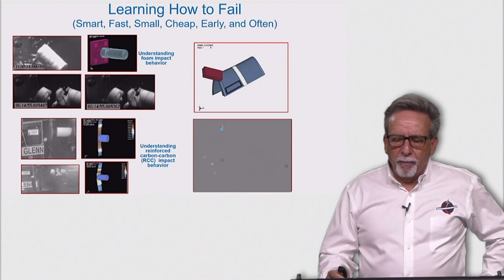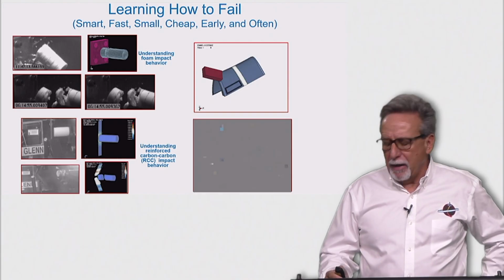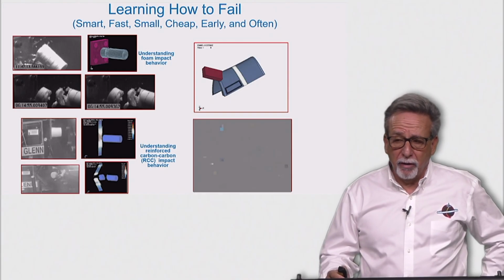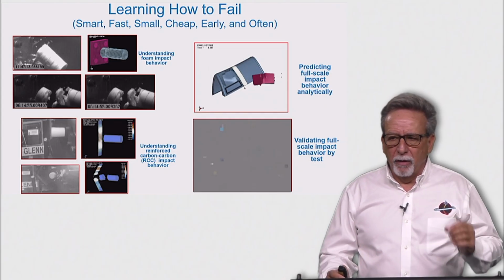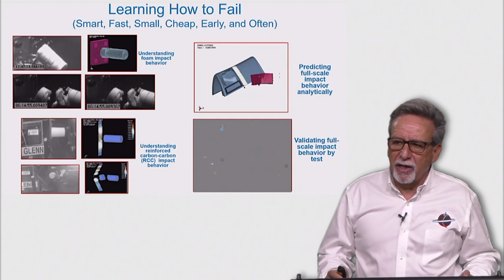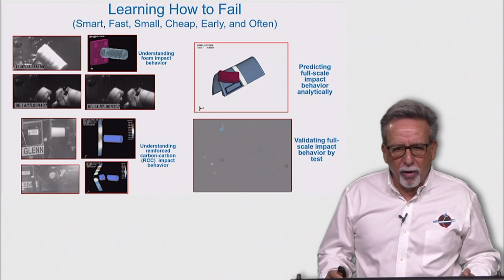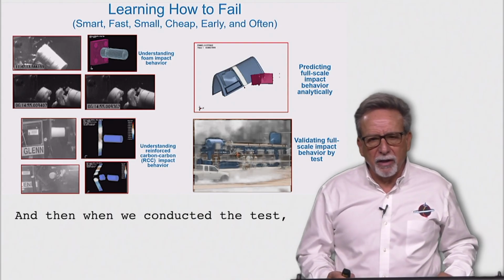And so you can see when we put this all together and the research scientists conduct their analysis of the full-scale impact test on the right-hand side, you notice that they predict a very large damage, about 14 inches by 14 inches to the wing leading edge. We were able to conduct these tests prior to the actual full-scale test. And when we conducted the test,